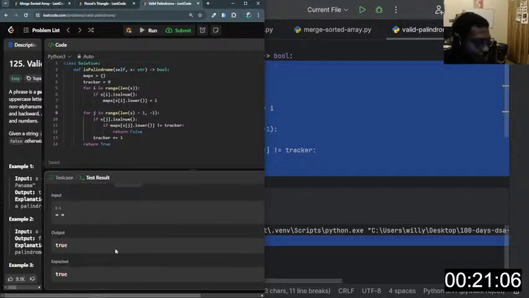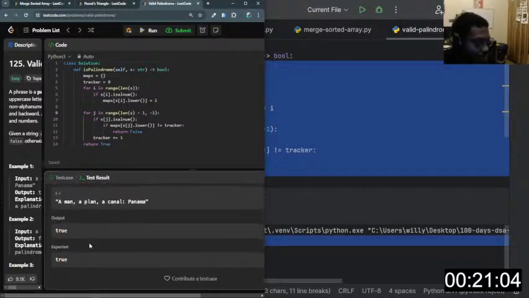Okay, 2 cases passed. This is true, but this says I return true, even though it's false. Well, if j is an alphanumeric character, right? If it's an alphanumeric character, come here and say, okay, is j to the lower case